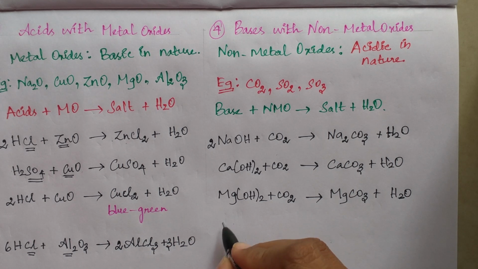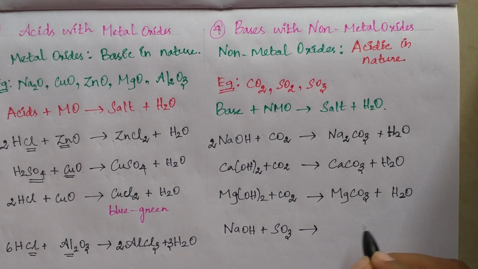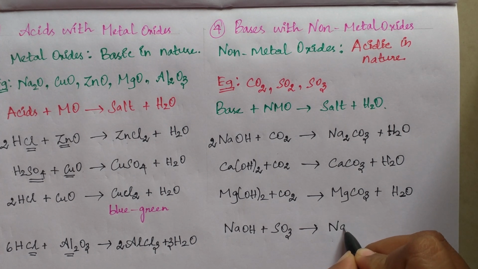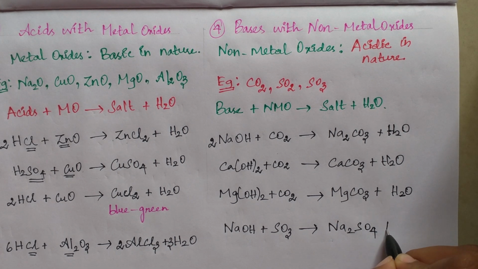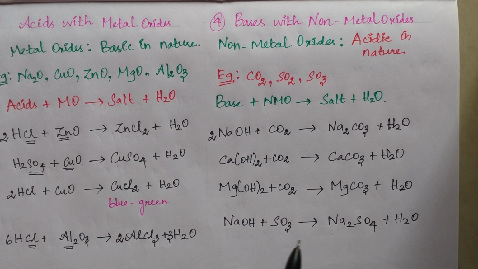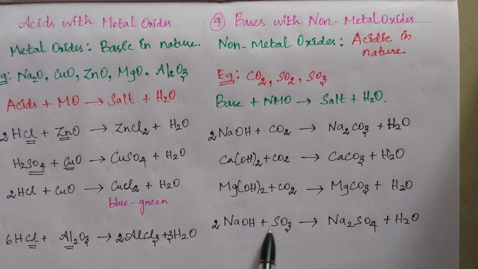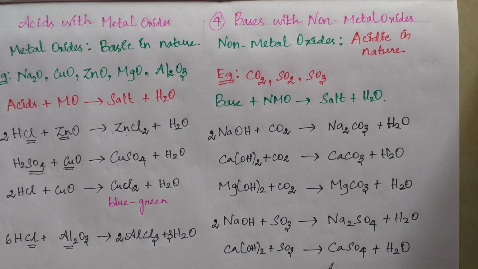Okay, now not only with CO2, with SO3 also you can react. See here, now instead of the previous base I am taking NaOH, and instead of CO2 I am taking SO3. Now what happens? It forms the salt Na2SO4 plus water. Sodium sulfate it forms. See here, Na2 means 2 sodium hydroxide we need. Na2SO4, remaining H2O. Like that with calcium hydroxide. Calcium valence is 2, so it is CaSO4 plus H2O it forms. So this is the reaction with metal oxides and non-metal oxides.